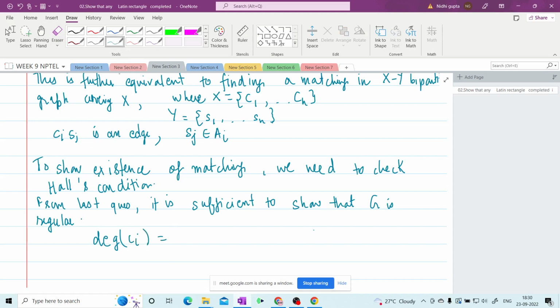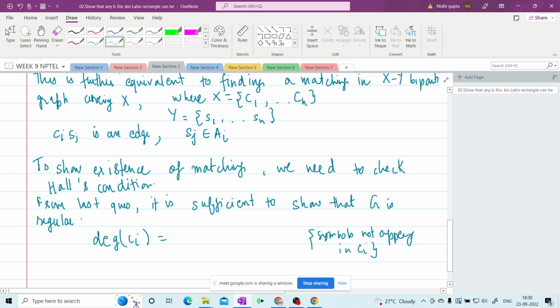all those symbols which are not appearing in Ci. So how many symbols are not appearing in Ci? This is a k cross n rectangle, and each symbol is appearing at most once. So we see that n minus k symbols are not appearing in each column. Therefore the degree of Ci is n minus k. And similarly the degree of each symbol